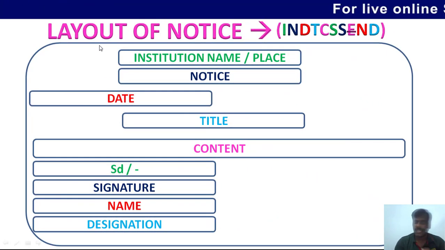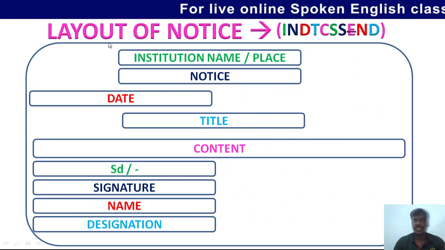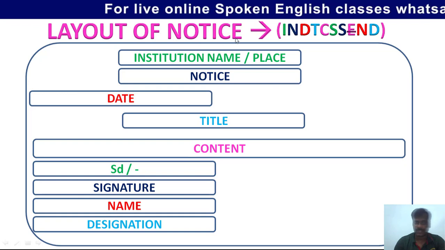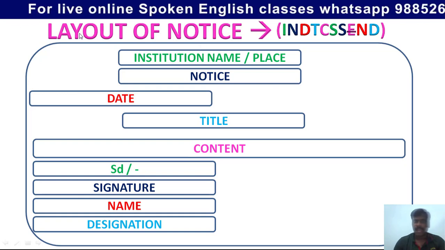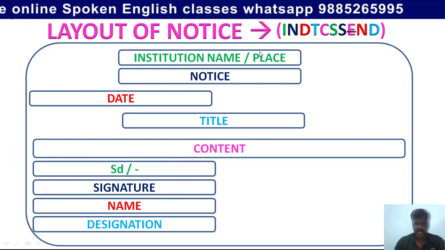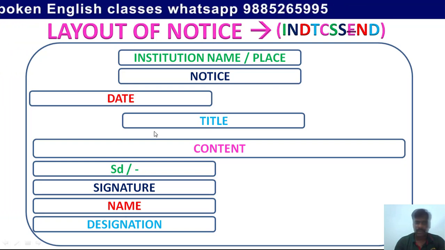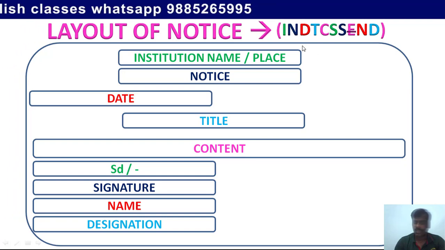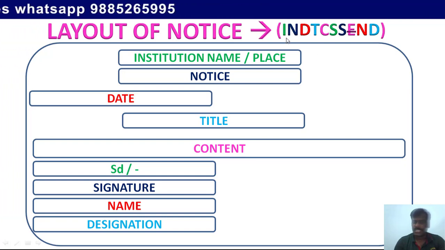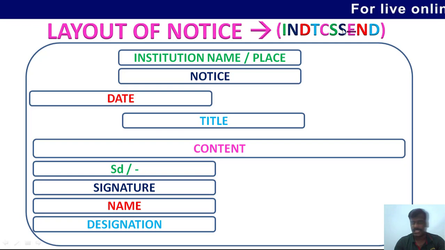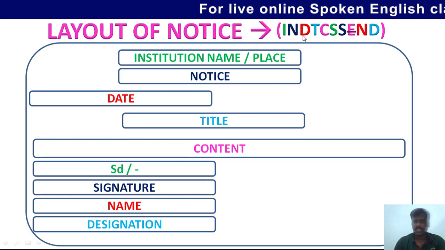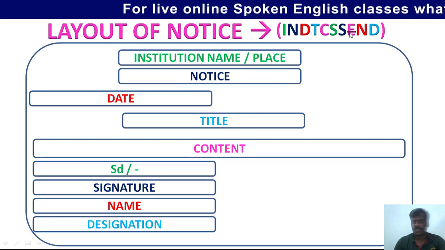And here we have the layout of notice. Remember, before the question and the answer we are learning this layout. That's very important. So layout means parts and how those parts are arranged. And to remember this layout easily, we want to study this code, that is notice layout code. IND, that is the short form of India, and TCs, that is ticket collectors, send. And here erase the letter E. So we got IND, TCs, send without E.